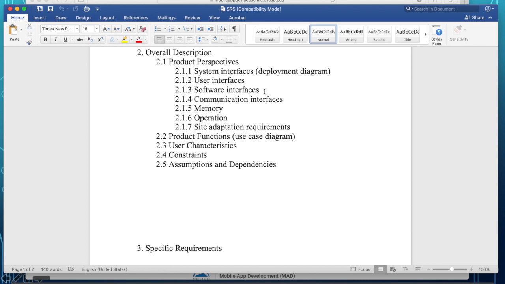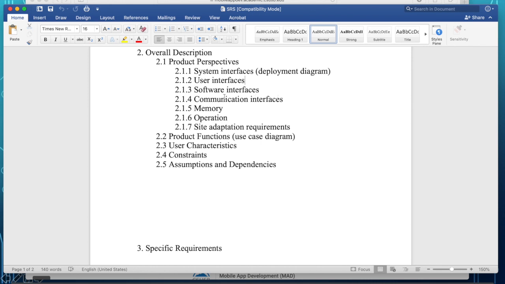Okay? The software interfaces are the different software that you will be needing to actually implement the software. So this could be Objective C, the iOS, if you are actually developing an Apple mobile app.